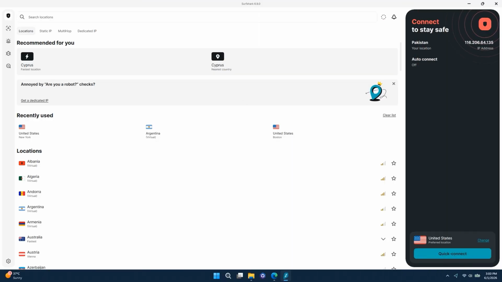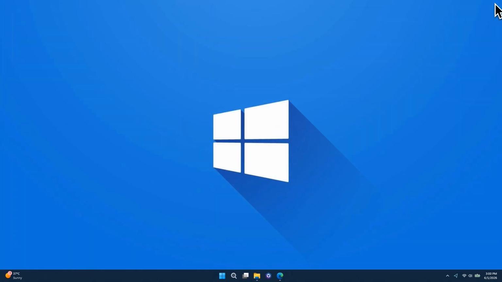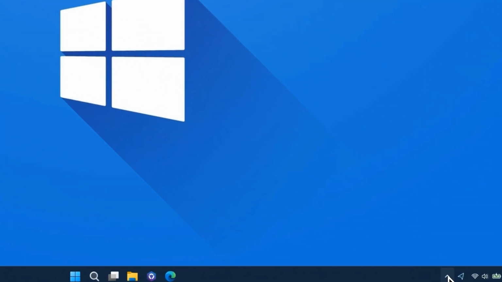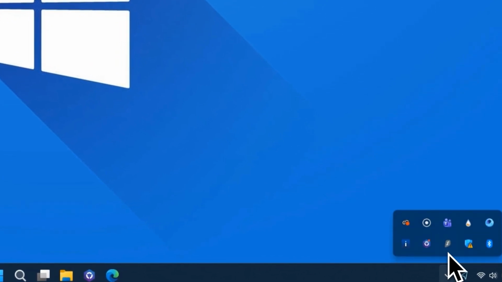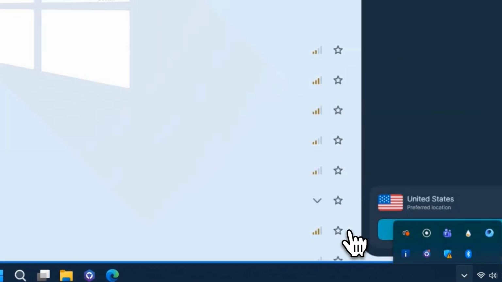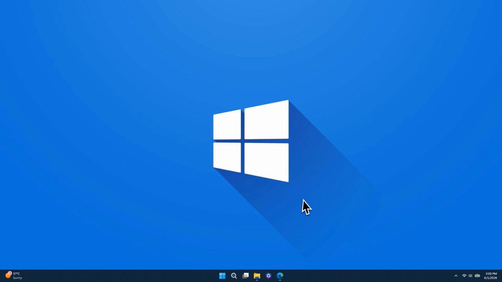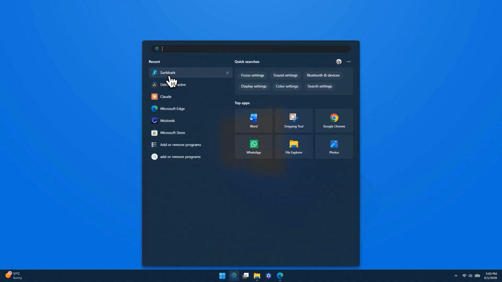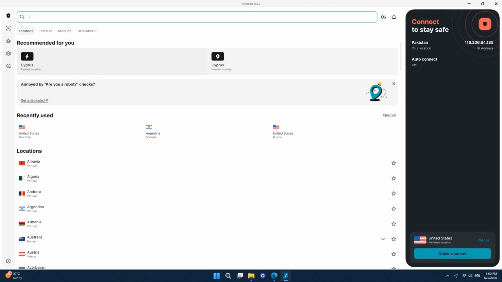The first step is to restart the Surfshark application. Completely close the app instead of simply minimizing it. On a computer, exit Surfshark and make sure it is no longer running in the system tray or menu bar. On a mobile device, force close the app from the recent app screen. Wait a few seconds, then reopen Surfshark and try connecting again. Restarting the application refreshes the connection process and can resolve temporary issues that may be preventing the VPN from establishing